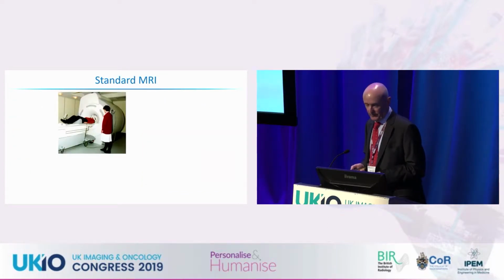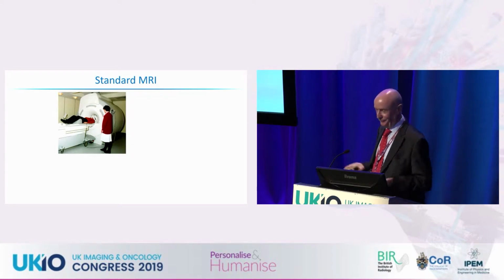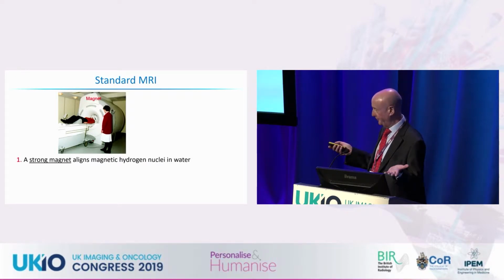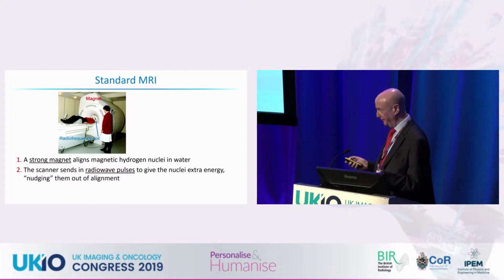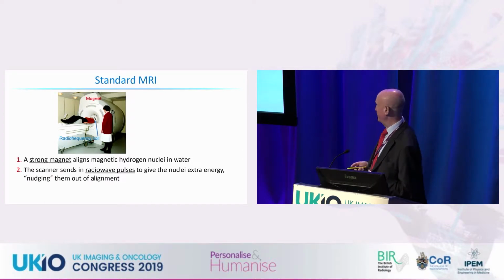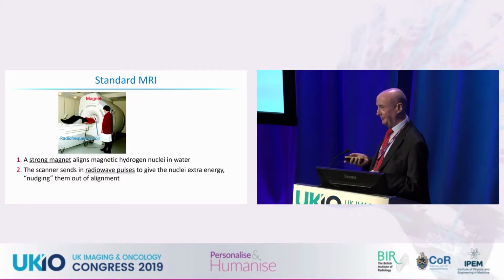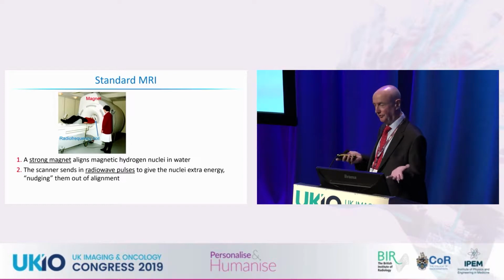Okay, so standard MRI, just a very brief one-slide recap of how standard MRI works. In standard MRI, we have a strong magnet, typically 1.5 or 3 Tesla, and that aligns the magnetic hydrogen nuclei in water along the horizontal direction of the magnetic field. Then the scanner sends in pulses of radio waves at the right frequency, 64 megahertz in a 1.5 Tesla scanner, and they give the nuclei extra energy and, in a way, nudge them out of alignment with the magnetic field,